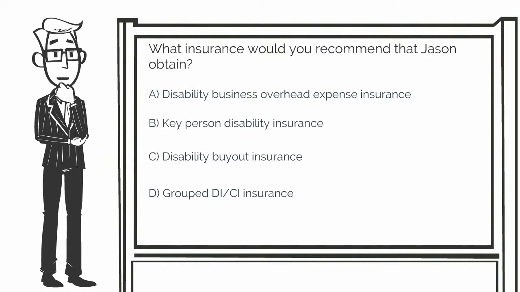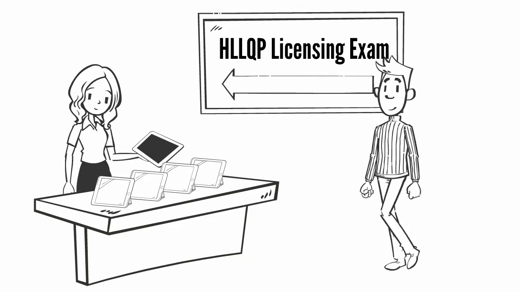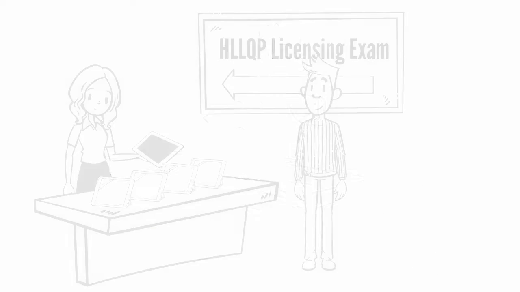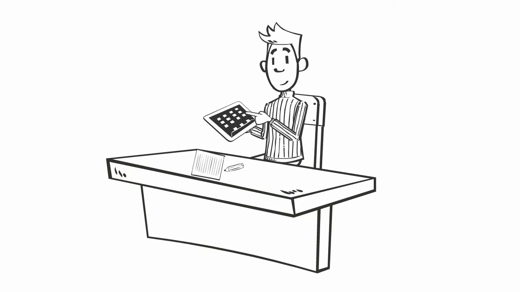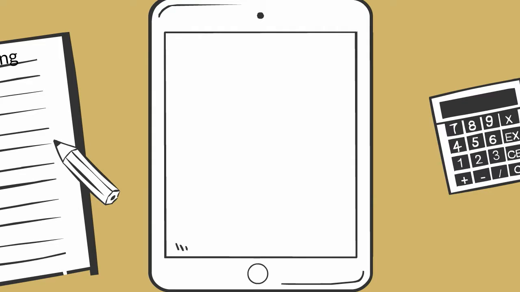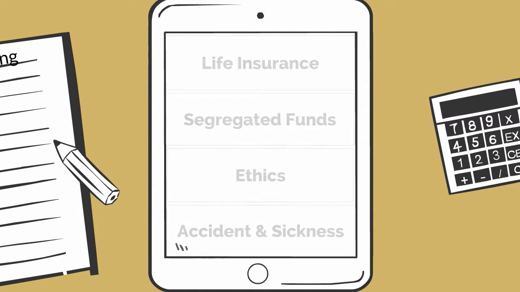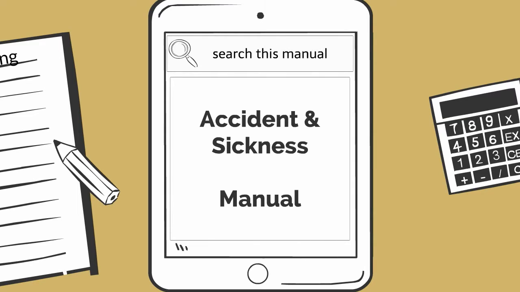To help figure out what the right answer is for this question, here's a fantastic success tip. In the provincial licensing exam, you'll be given a tablet with this manual loaded on it, and you'll be able to search it during the exam. It is, in other words, an open book exam. However, you won't be given the relevant section of the manual. You'll have to find it. By practicing this now, you'll prepare yourself to use the search function in the exam. Of course, you don't have to use the manual in the provincial licensing exam. But if you're unsure of the answer, it's best to know how to find it quickly.